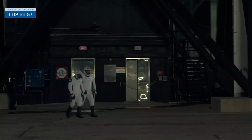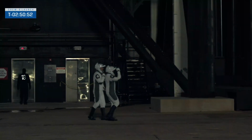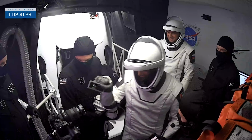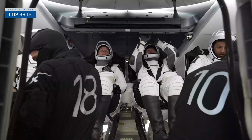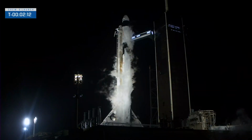launch pad. There's a tradition that you walk to this special spot and you do this super weird lean back, and you can see the whole rocket. And for us, this was about 2 a.m. in the morning, so seeing that beautiful rocket all lit up was incredible. And then we get in the vehicle, get strapped in. The suit techs